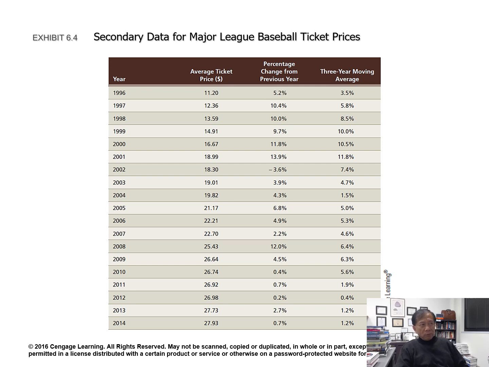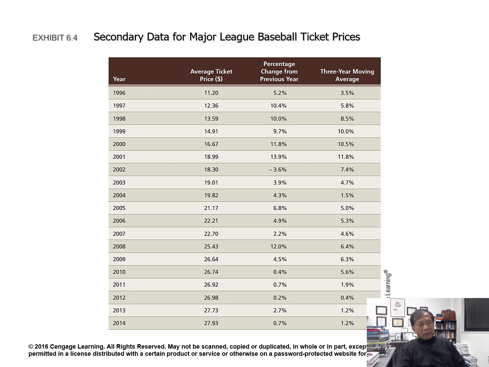But the 3-year moving average is 3.5. How is that 3.5 calculated? You take this year, 5.2, plus the year before, plus the year before that. So 3 years of percentage change numbers, and you average them. That's how you got